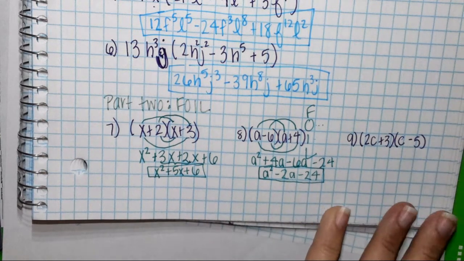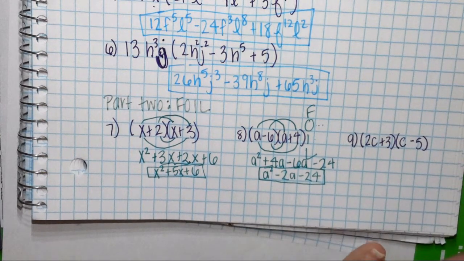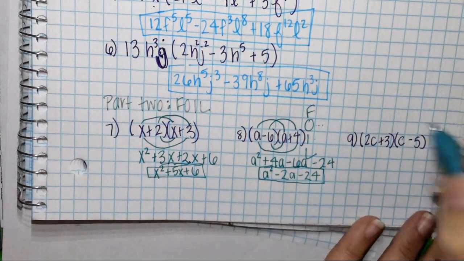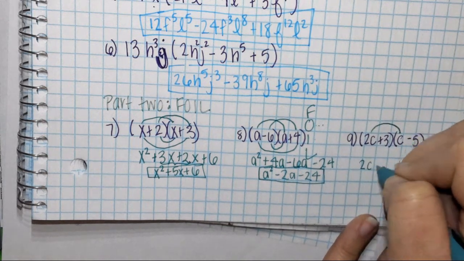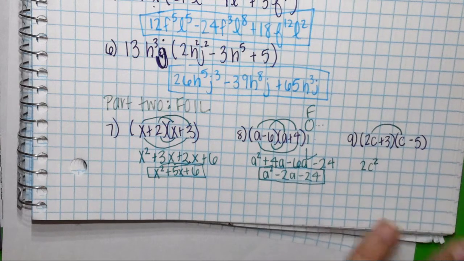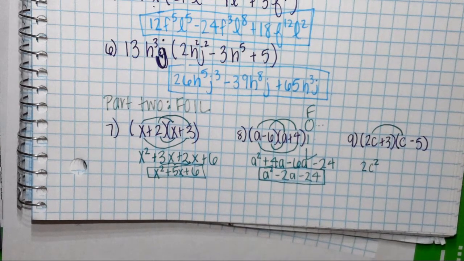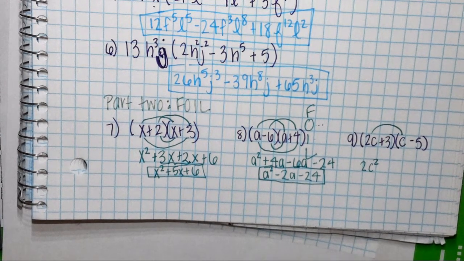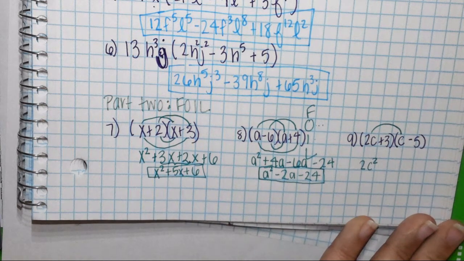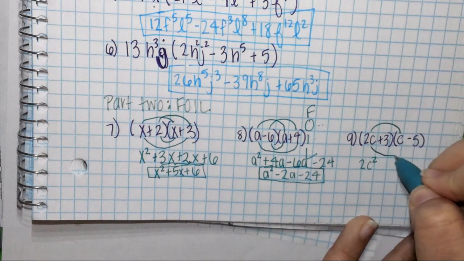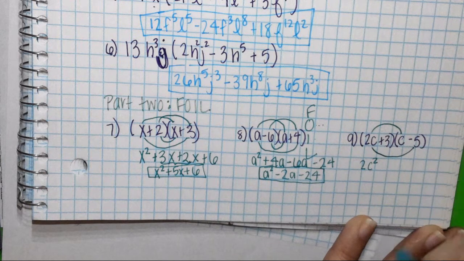All right, so what are we going to multiply together first? 2c times c. Thank you, Marbly. Take a point. All right, now Marbly is going to let someone else answer. What are we going to multiply next? 2c and negative 5. Good. Take a point, and that gives you